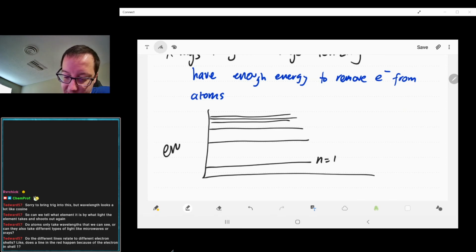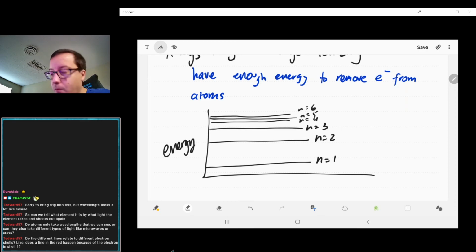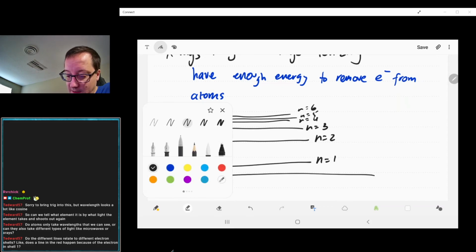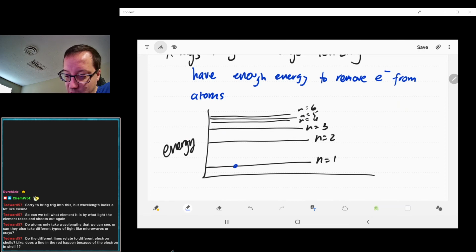Here's a graph of energy. As you've pointed out, we're going to talk about what these mean, but there are different kinds of states. These are energy levels in a particular atom. We're going to see that an electron here